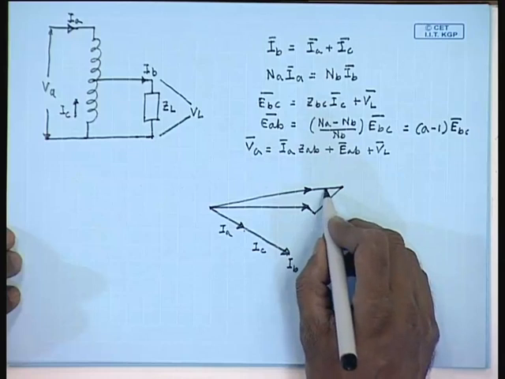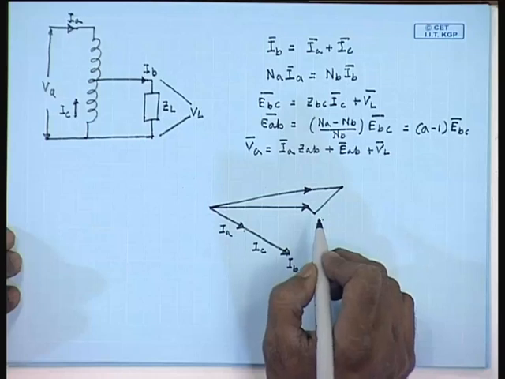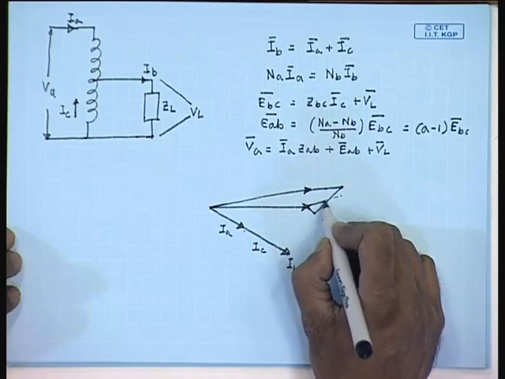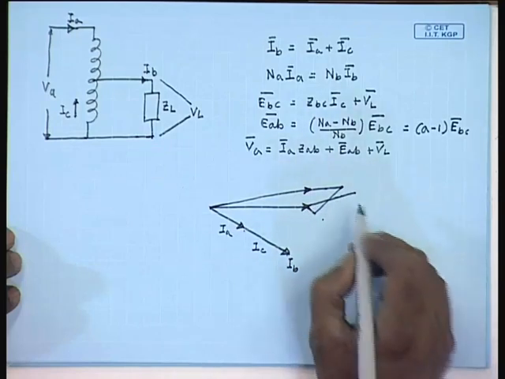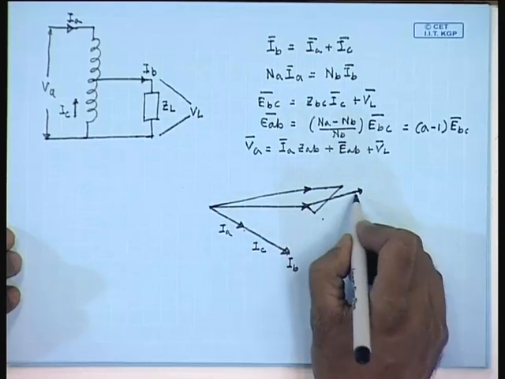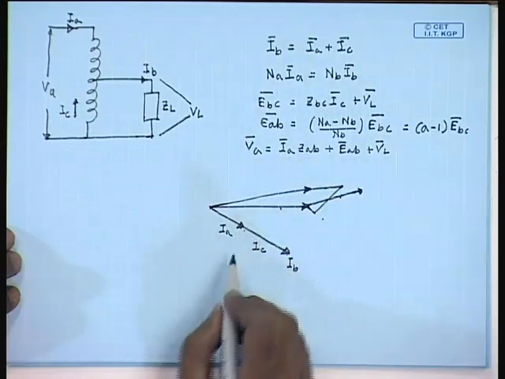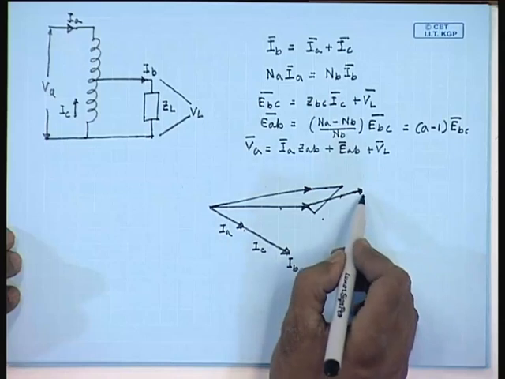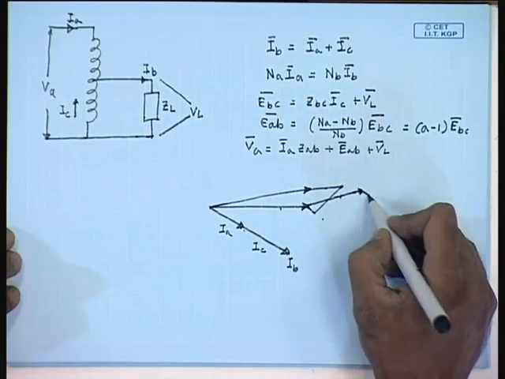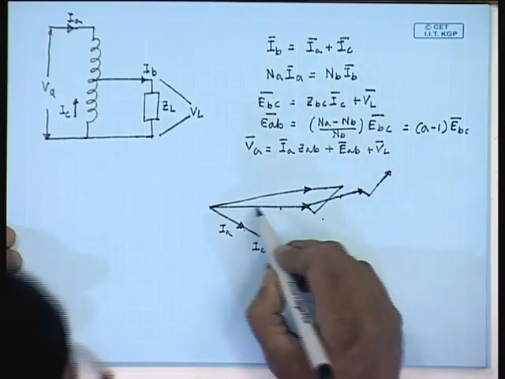This is E B C. E A will be in phase with E B C, but of smaller magnitude. So, let us assume this is E A B, this is V L, this is V L plus E A B plus I A is in phase with I B, I A R A plus j I A X A. Hence,